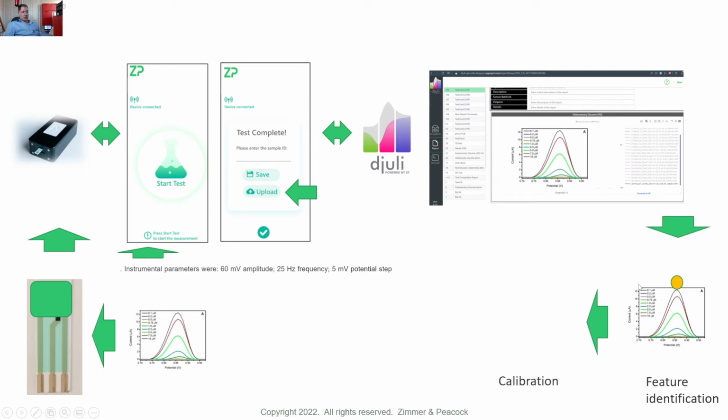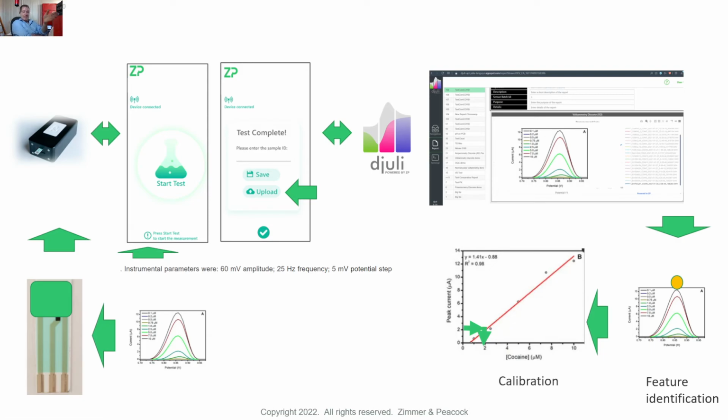You can do that as a percentage, and then we can beautifully also, as long as people are using this screen printed electrode from ZP, the calibration data in these papers and presentations is also useful, because now actually we can quickly use the calibration curve. We can look up, for example, the peak height and drop down and actually find out what the concentration was for cocaine. Now, if there are things like baseline correction or moving average, all these things are also available in the Julie database. So this is really great, because what Julie allows us to do is send raw data to the cloud, change or condition the raw data, then put it through